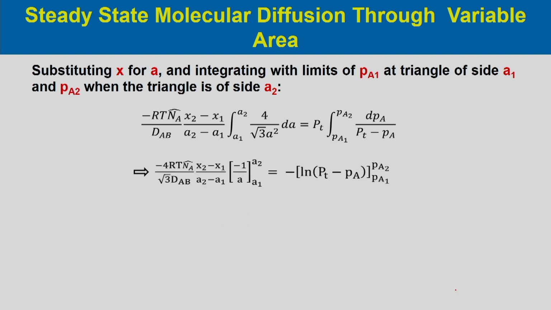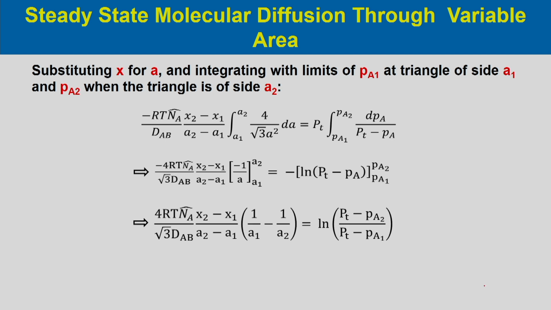So, this we can simplify, we can integrate this and we will obtain minus 4 RT NA cap divided by root 3 DAB into (x2 minus x1) divided by (A2 minus A1) into minus 1 by A with a limit A1 to A2. So, this would be equal to minus ln (PT minus PA) with a limit PA1 to PA2, and hence the